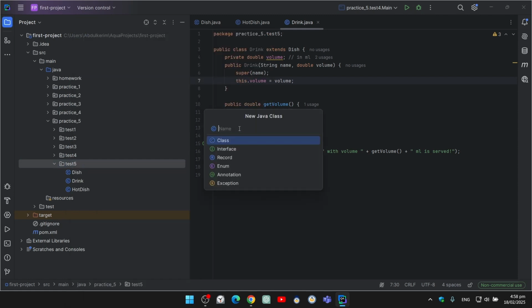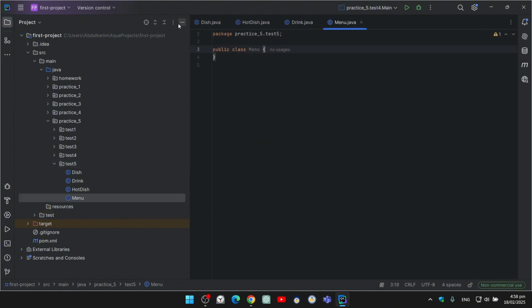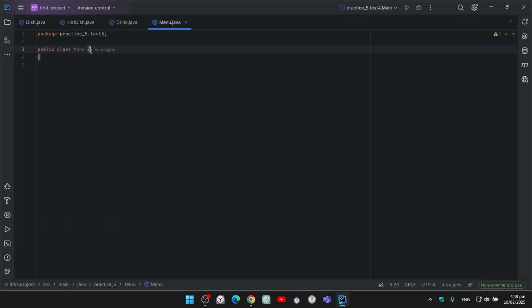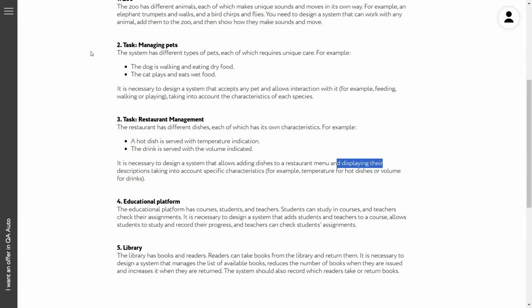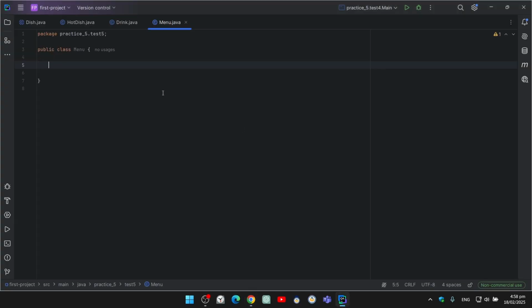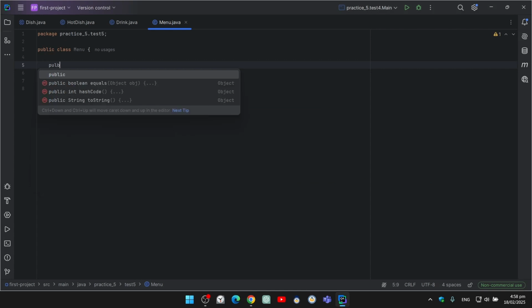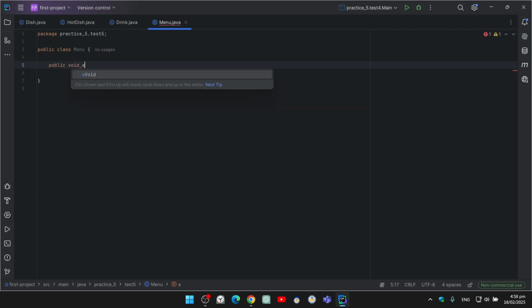Let's say menu, and in the class menu we can allow adding dishes here. So let's create a method, public void add dish,